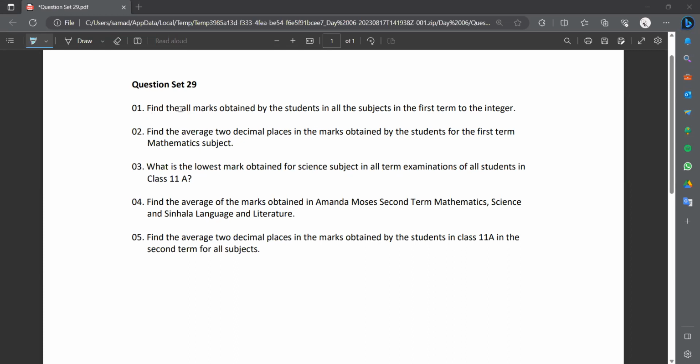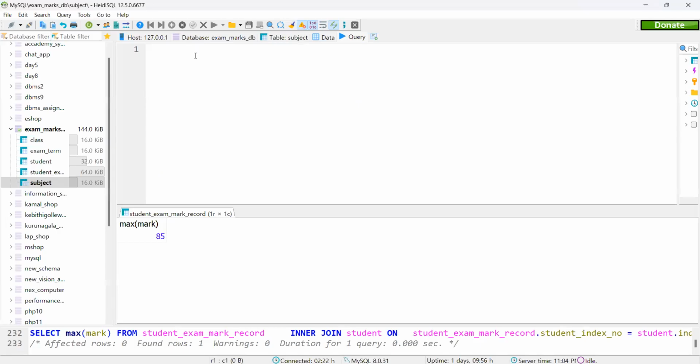Find all marks obtained by the student in all subjects in the first term to integer. They ask for all marks, all subjects, and first term, into integer. And then we write